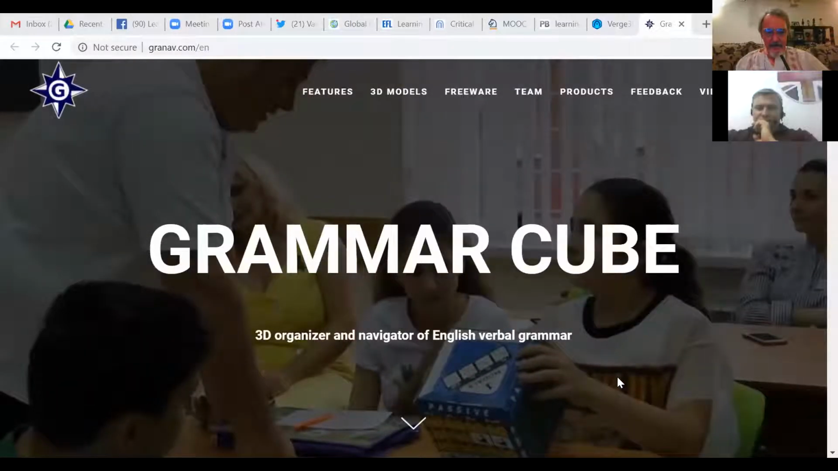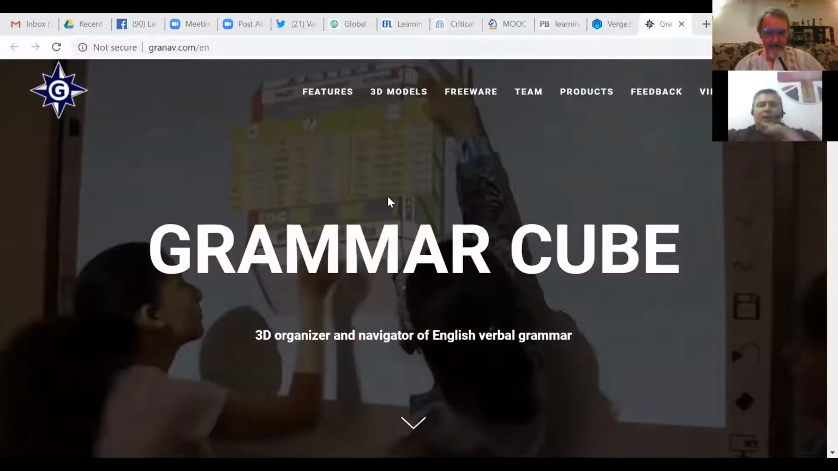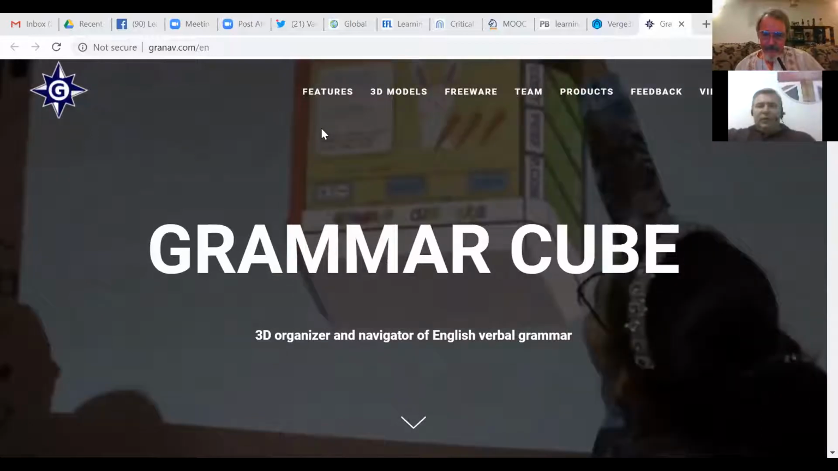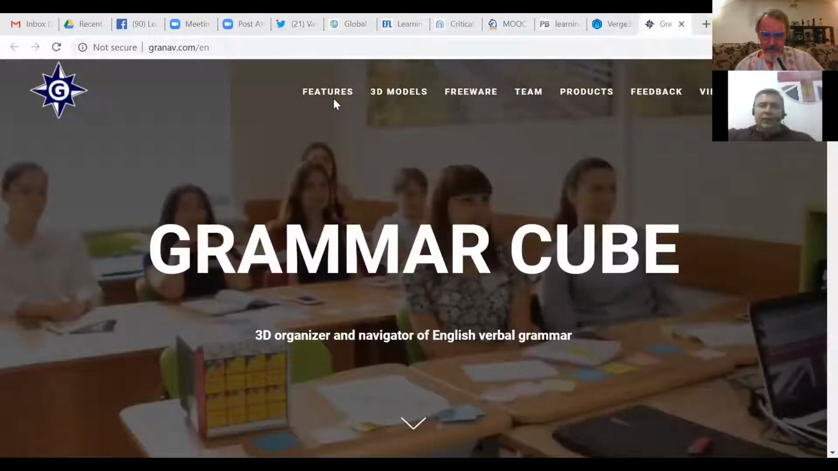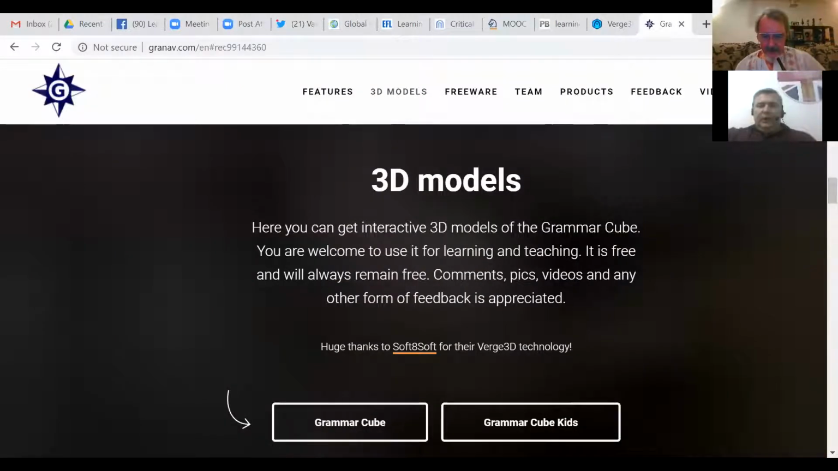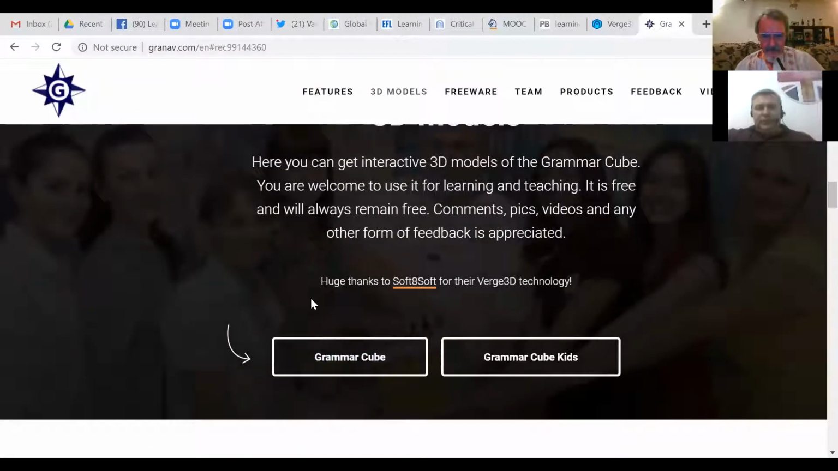Okay, I was last back at this page right here. Okay, where to now? So, first of all, if you want to use the GrammarCube, as you have seen, you can click 3D models. Just click 3D models, and it puts you into, yes, these are